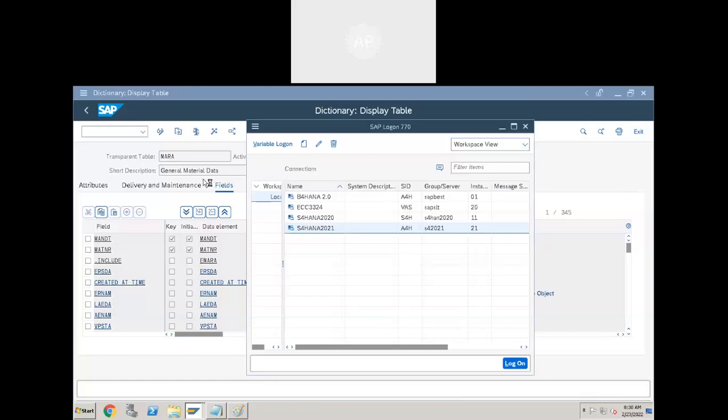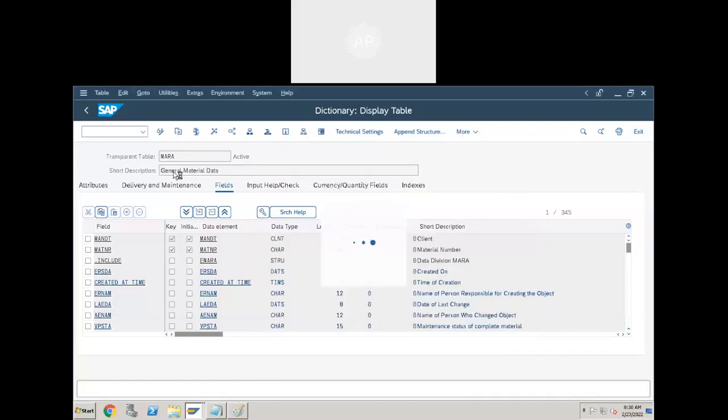So all these options, for example, this description of the table, this activate option, this technical settings option, everything should be displayed in Japanese. The data which you are displaying as output should also be displayed in Japanese automatically, right?